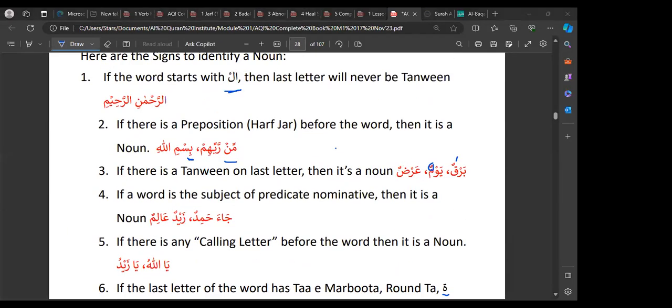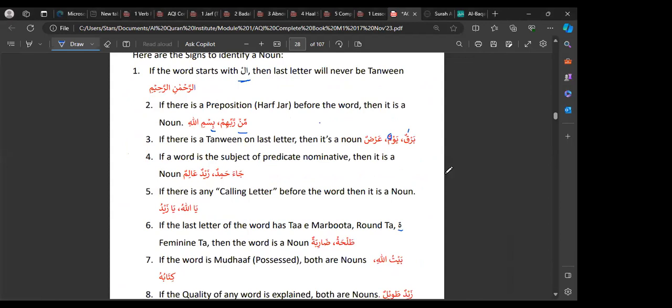So I'm just trying to zoom out a little bit. Sorry, Ustad, can you just repeat that number 8, please? Sure. So number 8,